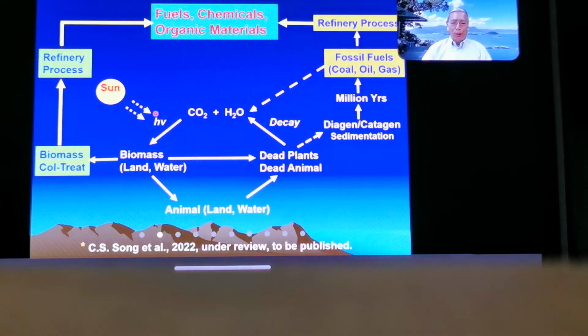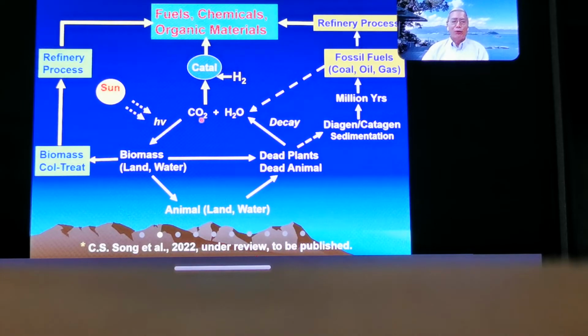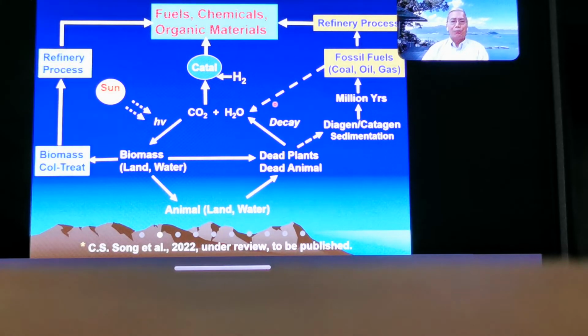So what we proposed when I was writing the article in 1993 is: can we develop a new supply chain based on CO2 and water, without relying on millions of years of fossil fuel formation and without relying on months and years of biomass formation, directly using CO2 and water to create a new sustainable cycle? That is, to make catalytic conversion of CO2 and water directly into fuels and chemicals in the order of a second. We can make that into seconds to meet the real world demand at real world speed of